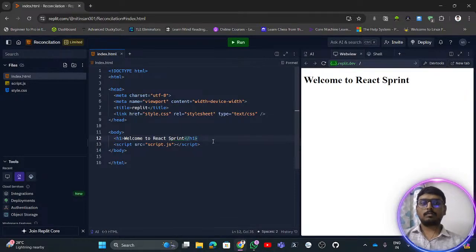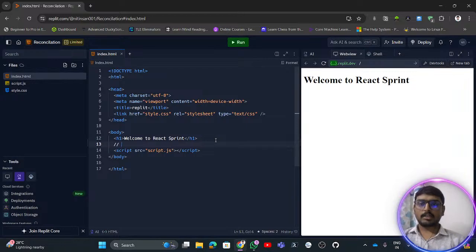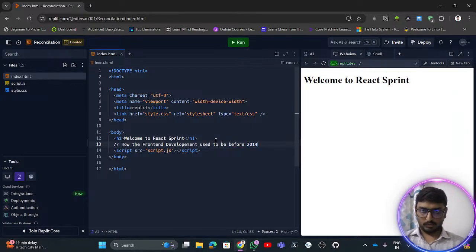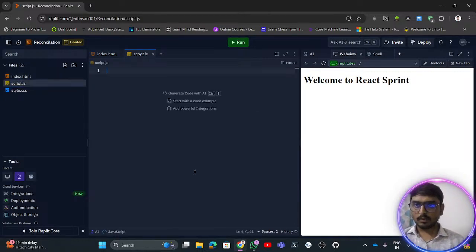So yes, before going to React, let's try to understand how front end development used to be before 2014. Before 2014, this is a very crucial and important thing. Before 2014, the things that used to be done were using this thing known as